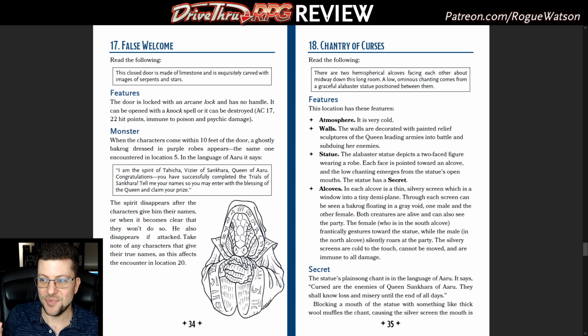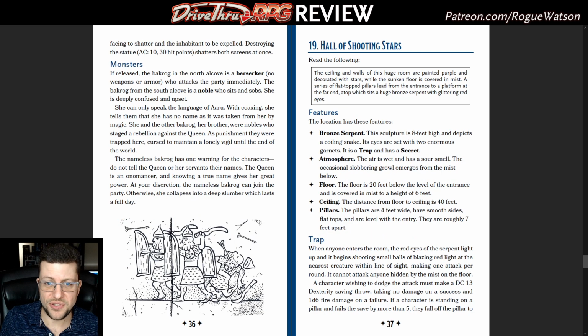That's just a neat setup. There's a statue in the middle of the room. It's chanting things, and clearly it's keeping these creatures like prisoners or something. And if the players decide to either muffle the statue in some way or destroy it, then that releases the prisoners. The one male is a berserker and just immediately attacks the party, but the female, if they know the